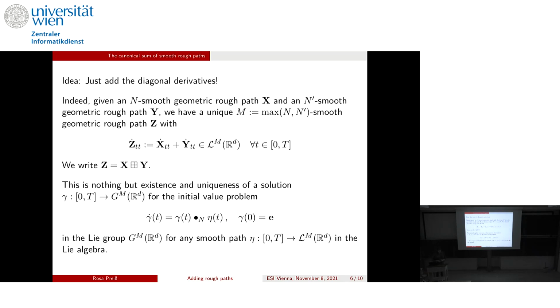I have two questions. The first one would be, can you say something about how smooth rough paths are a subset of rough paths? Ideally, I think you would want something like that you can approximate a rough path with smooth rough paths. And the second question would be exactly to that